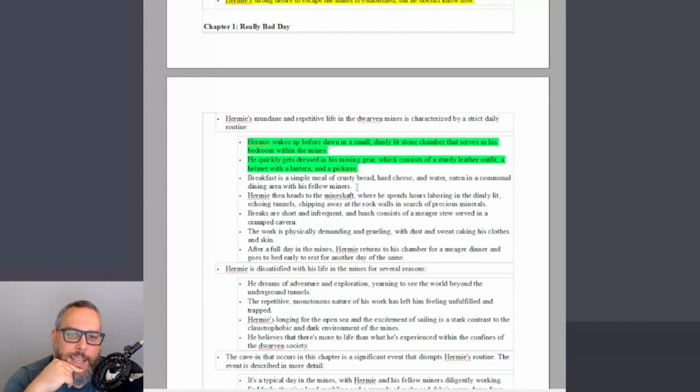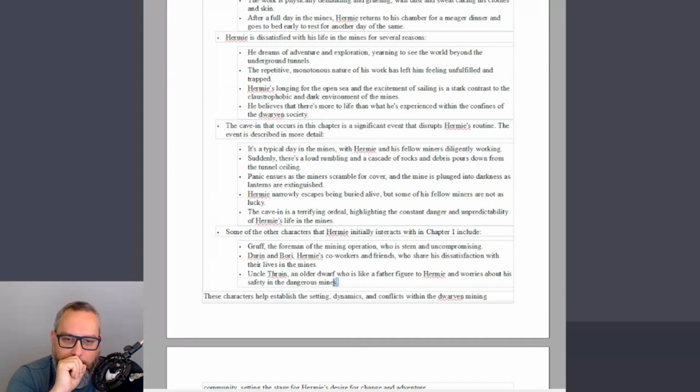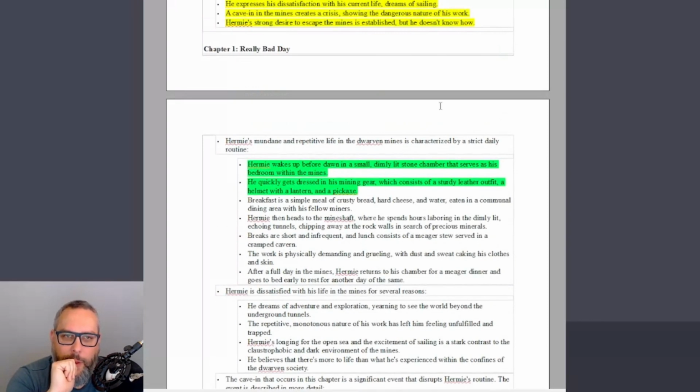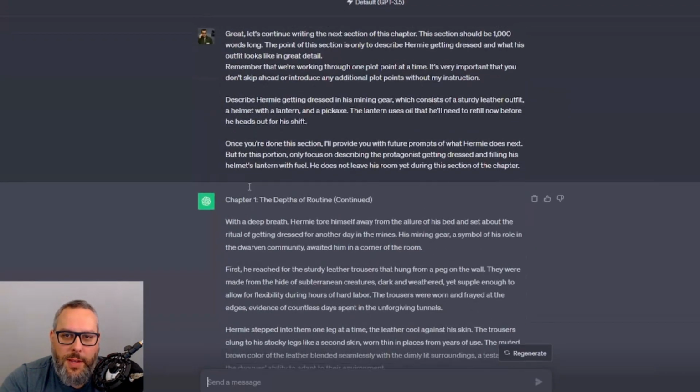Okay, so the next thing is: breakfast is a simple meal of crusty bread, hard cheese and water, eaten in a communal dining area with his fellow miners. I'm not sure about that. I kind of want to introduce his Uncle Thrain and have him eat, and they'll have a little bit of dialogue here instead of a communal thing. So let's do that. Okay, so we're going to say breakfast is a simple meal of crusty bread. But first I have to say